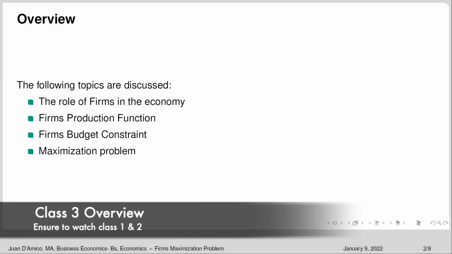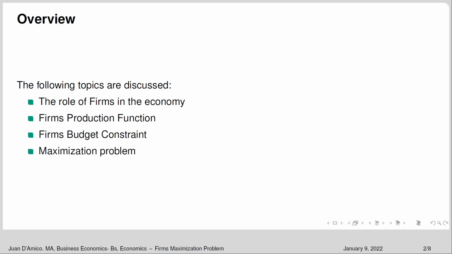The following topics are going to be discussed today. First, we're going to start with the role of the firms in the economy. We're going to take a look at the firm's production function. We're going to take a look at the budget constraint. And finally, as we did with the households' problem, we're going to be solving by hand the maximization problem of